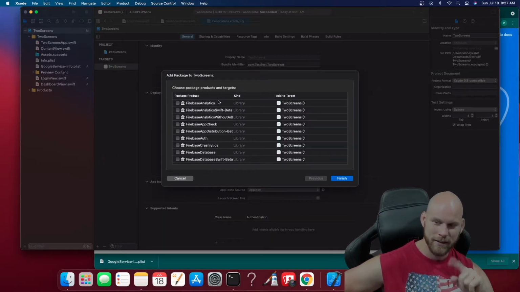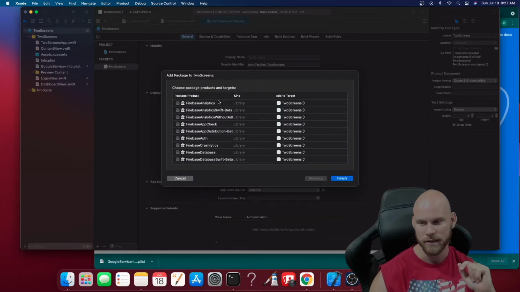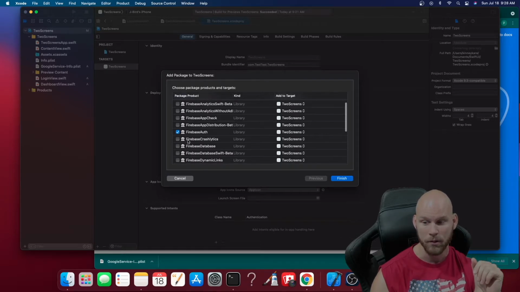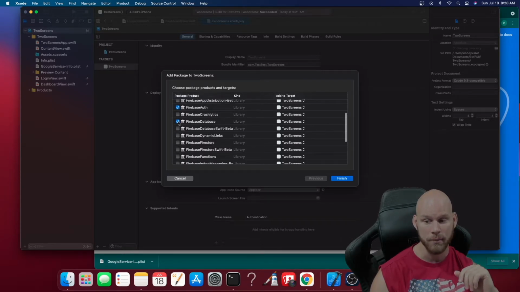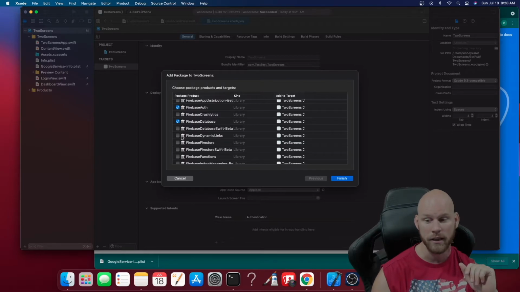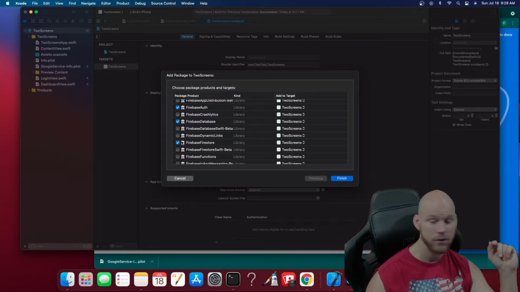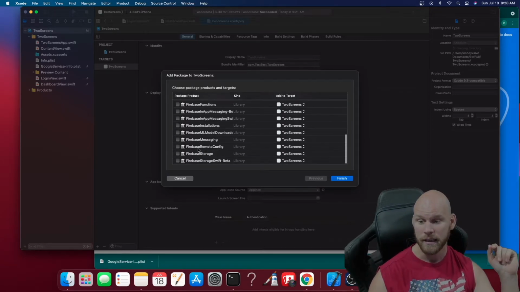There, this actually finished, so we're going to do this really quick and then we'll start that part. So these are what we're looking for, whatever we want in our app. I want analytics. I want auth. You need auth if we're doing sign in with Apple. And later on, I might do a database. So I want to go ahead and click on that database, Firestore. And then lastly, if you want to add Firebase storage, you can, or messaging, whatever you're